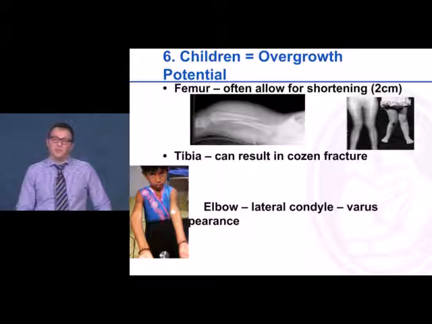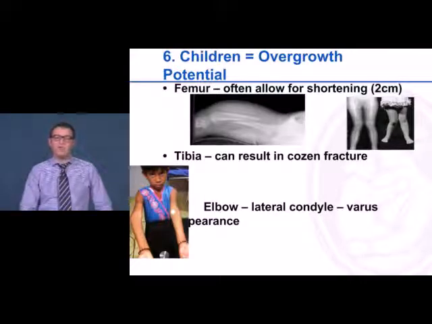Children also have an overgrowth potential related to their remodeling. And there are certain parts of the body when they have a fracture tend to overgrow. The most common is the femur, where children between the ages of 2 and 4 who have femoral shaft fractures have an overgrowth phenomenon as the bone begins to heal. And as a result of this, sometimes we allow for some shortening when we set the bone to accommodate for